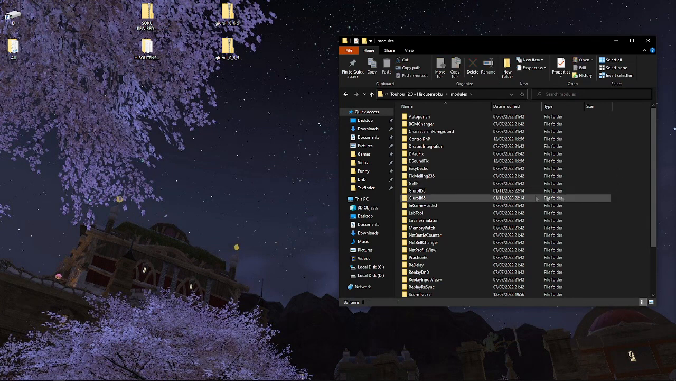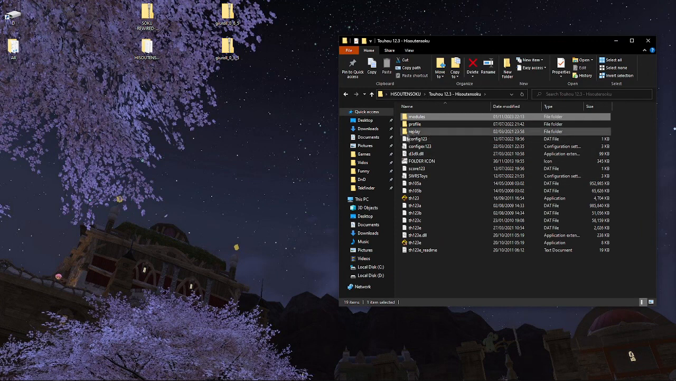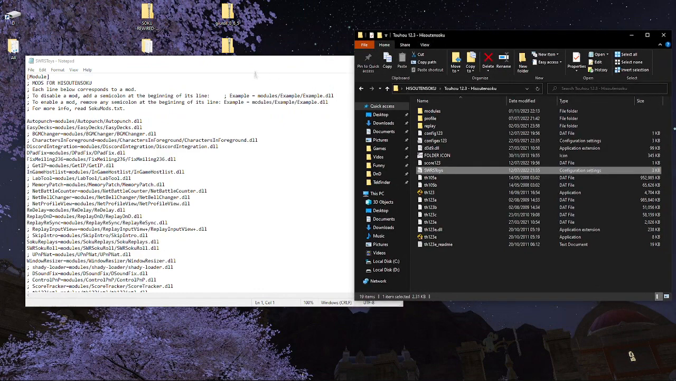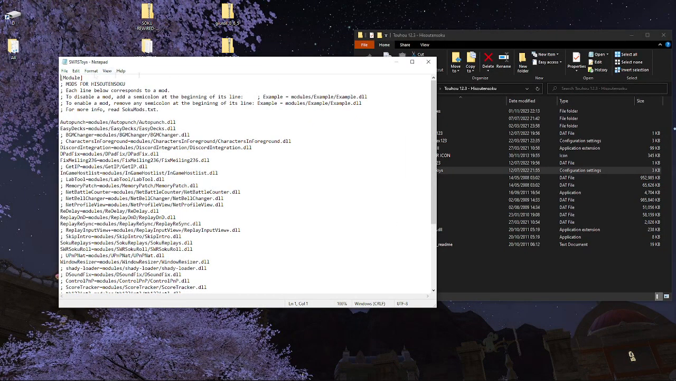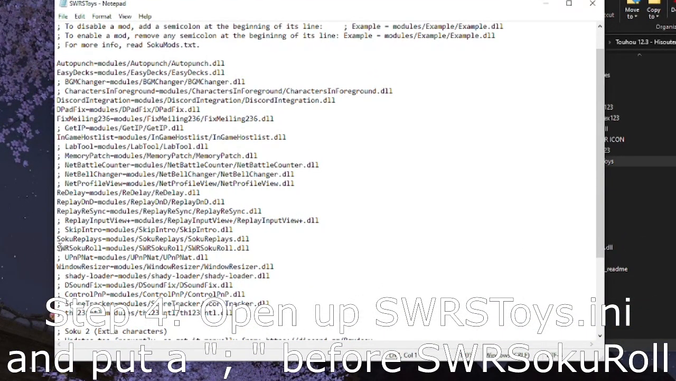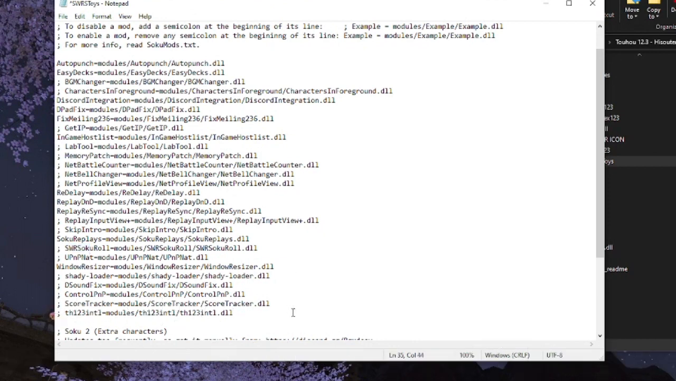Alright, now that we have both our Giuroll folders in the modules section, you need to come back out to the Hisoutensoku folder and go into this one, SWRS Toys. If you double click on it, it should be able to open up with the default notepad app that Windows has. Alright, first things first, you need to come down here and put a semicolon and space next to SWR Roll,